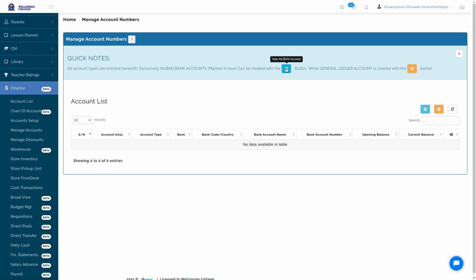Right now, we're going to start with a NUBAN account number because we need it to be able to set up online payments. We need it to be able to set up our API. Now, our system is integrated with a few APIs, or rather, payment gateways. Paystack is there, Flutterwave is there. Of course, our best bet is Flutterwave because of its encompassing nature. It has lots of features that have made accounting very easy for our clients. So it's our best bet. In fact, it's our recommended API